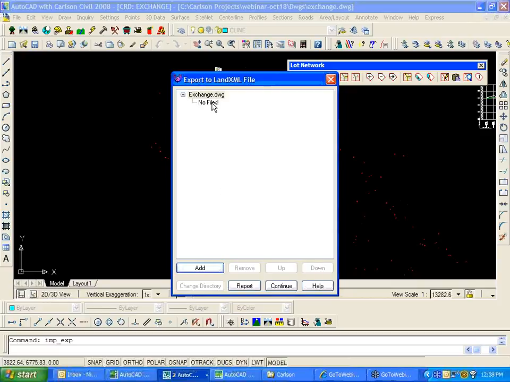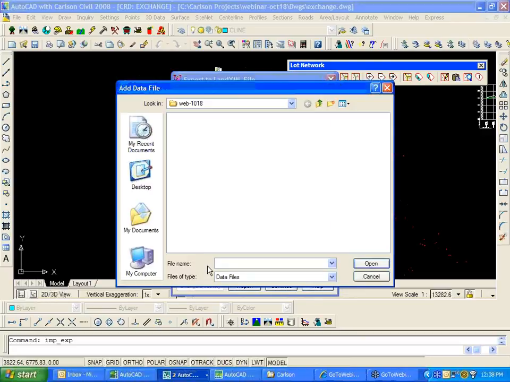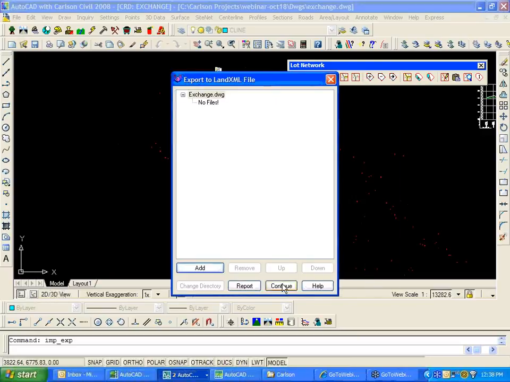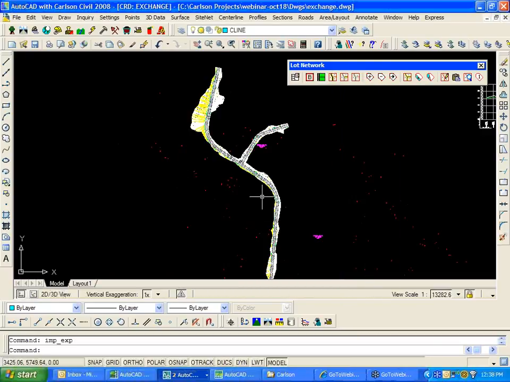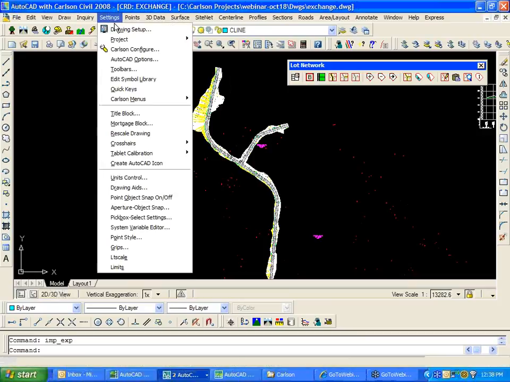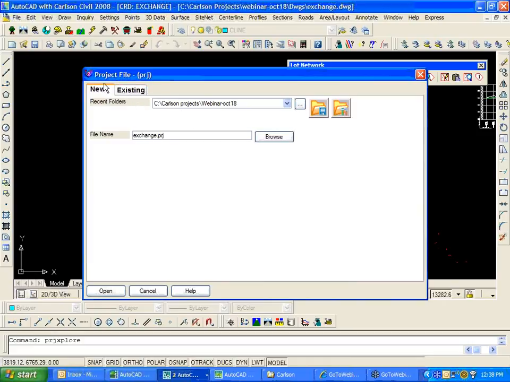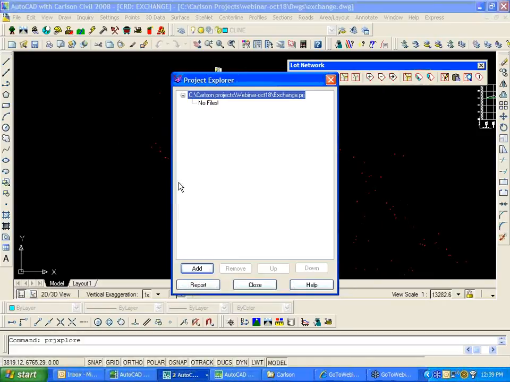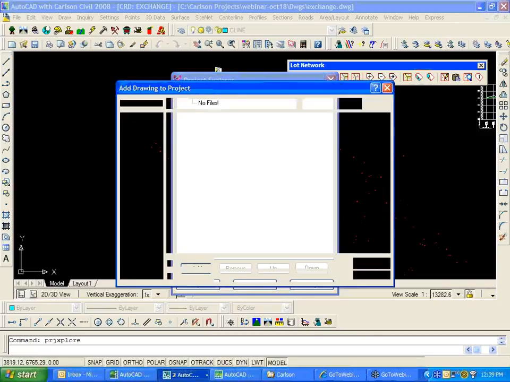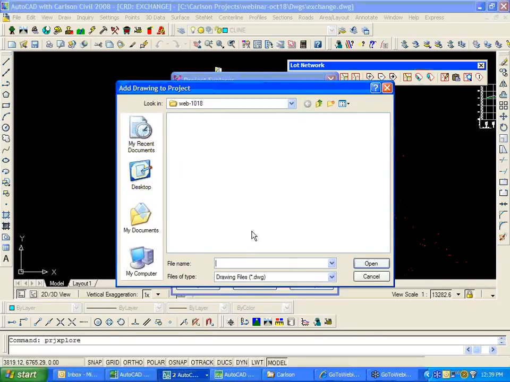And it doesn't recognize the files, so we'd have to add them. Well, let me back up here, and let me do this. I think we should do this. Let's say Project Explorer, and it says, what's your project file? Let's make a new one, Exchange. And let's add a drawing